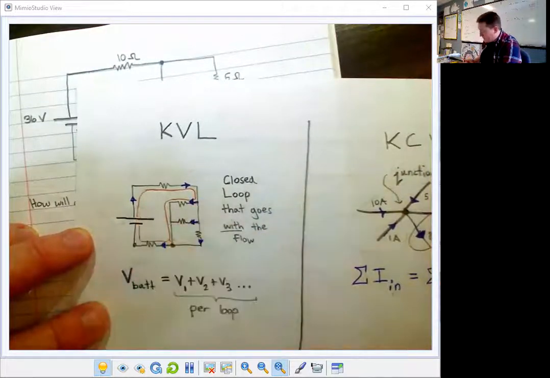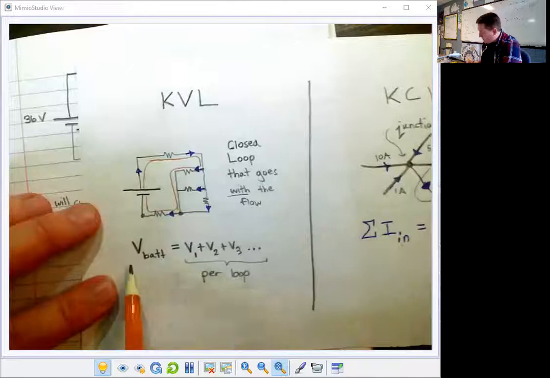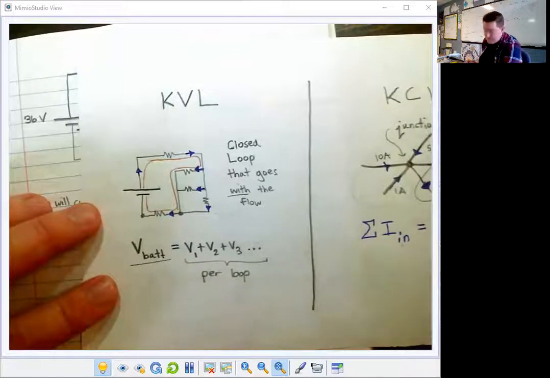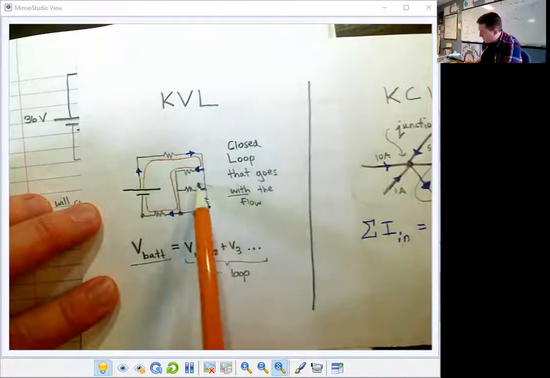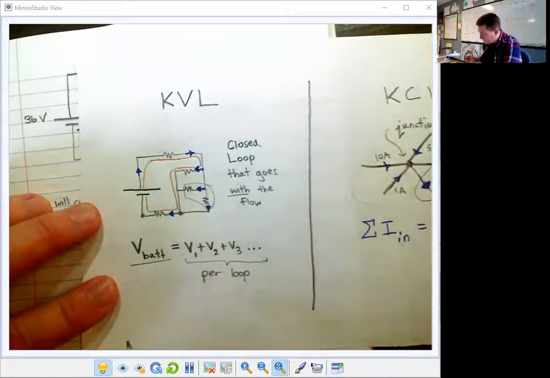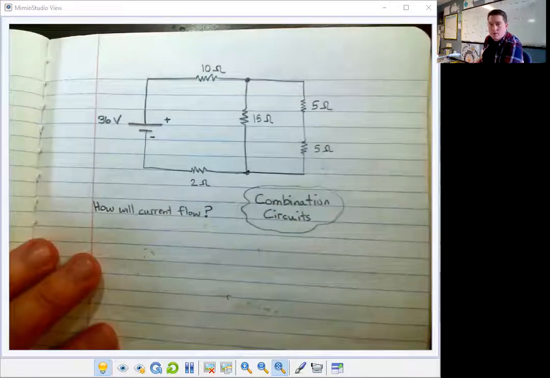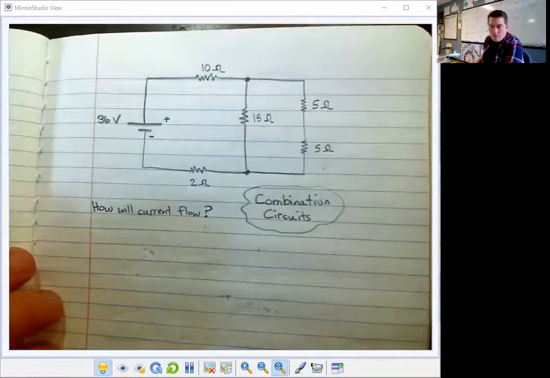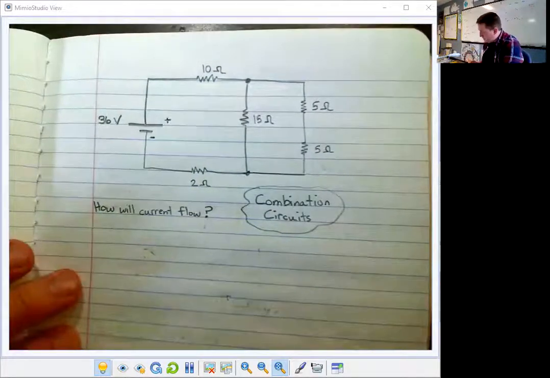So that is an example of a loop. Well, that loop is going to obey this law. The voltage of the battery will equal the voltage drops of those three resistors, regardless of what these voltage drops are. So with that, we're going to build a system of equations